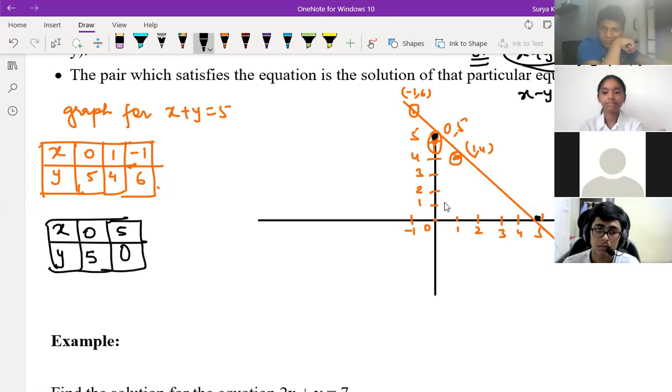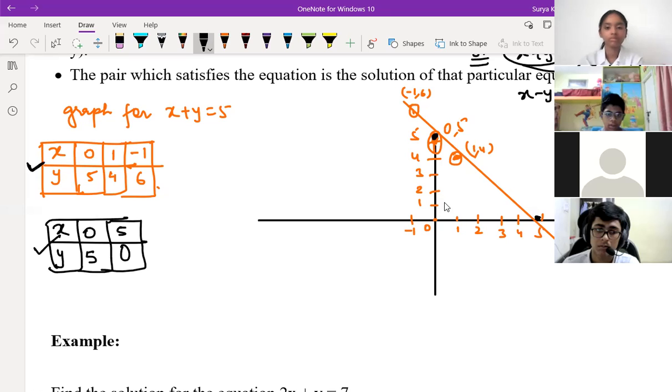Understood? My method is this only. I prefer this method. Is it clear, Sriyanvi? Like this only you might have learned, right? Sir, I didn't understand what you said about your method, how all points will come. See, I'm saying that you can take any number of points to draw this graph, okay? And my method is once you take x is equal to 0 and once you take y is equal to 0, then what is the value of y if x is equal to 0, and the value of x if y is equal to 0? 5 and 5, sir. Yeah, so you should match here 5 and 5.